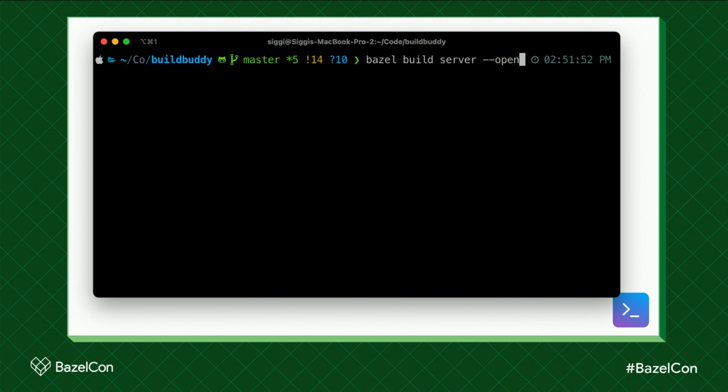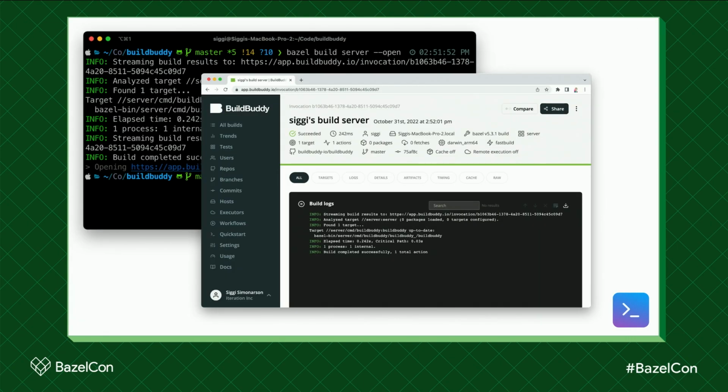The most powerful feature of the CLI is a dead simple plugin API. It allows you to extend Bazel's built-in functionality and share those extensions with other developers and other teams. Here's an example of a simple plugin that we wrote, which allows you to tack a --open argument to your invocation. Once your build finishes, it automatically pops open a browser window with a BuildBuddy invocation that allows you to easily look at your test logs, timing profiles, and more.